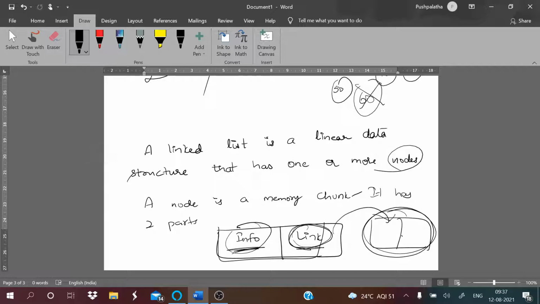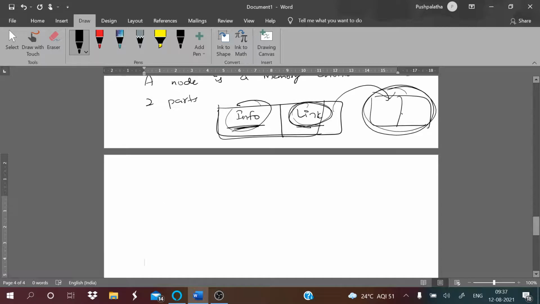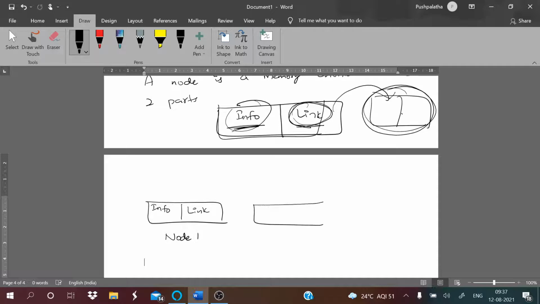A linked list may contain more than one node also. For example, if you are showing 2 here, this is your node 1. It contains an info part and a link part. Again, one more node here, which again contains an info part and a link part. This is your node 2. And again a third node, this is your node 3.